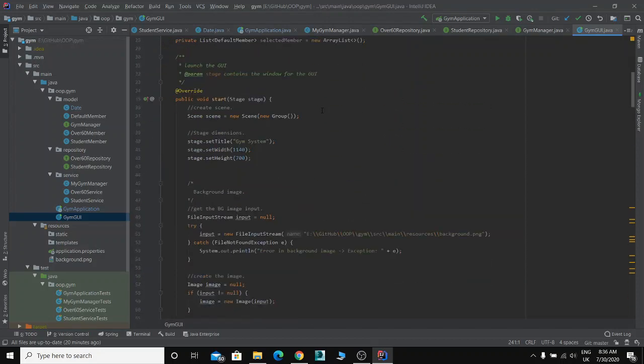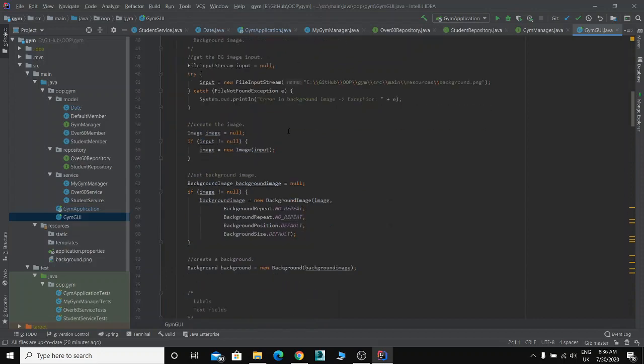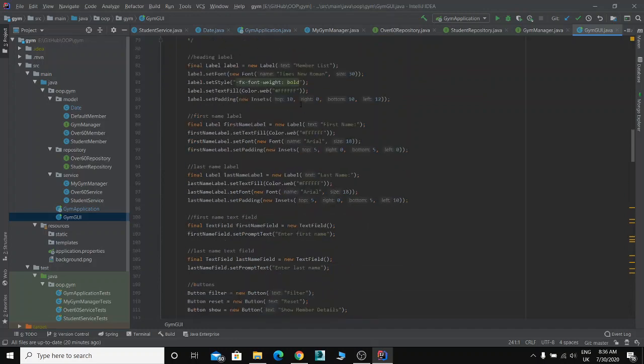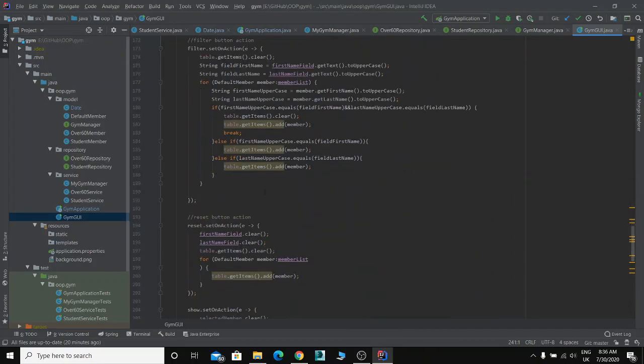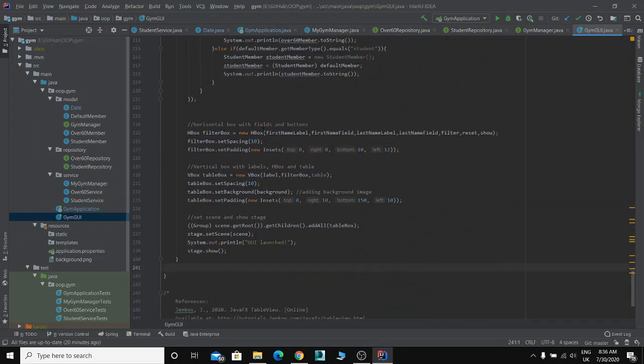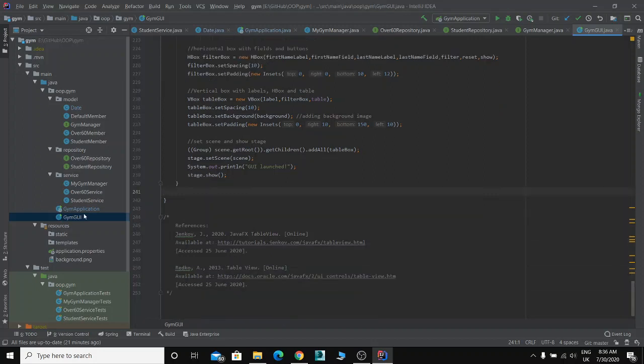And this is the GUI that I showed before. It uses a background image, and I used 6 columns. I also have used a horizontal box to set the first labels and field names and the buttons, and a vertical box to set the horizontal box and the table. Those are my